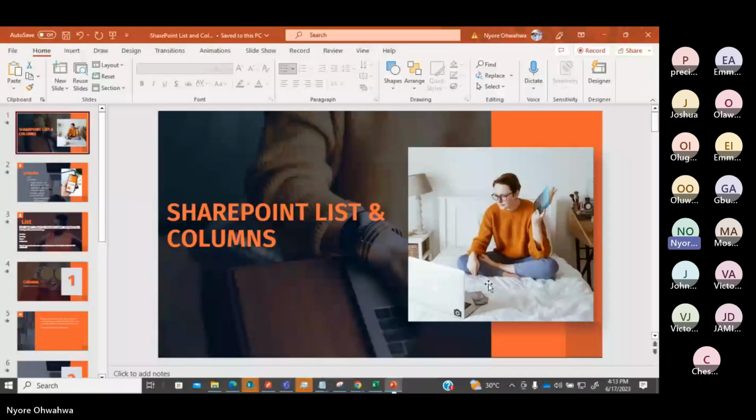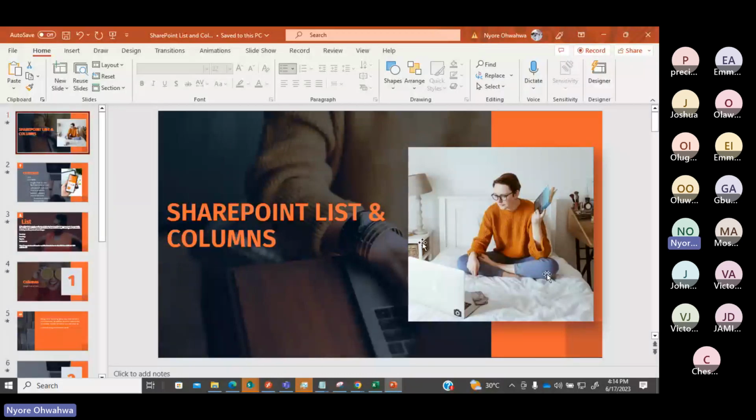Okay, so today we're going to be talking about SharePoint lists and columns. Last week we went through permissions, we saw how to break permission inheritance, we created sites, we created subsites, we went into site content, and we talked about creating a document library and creating a list.